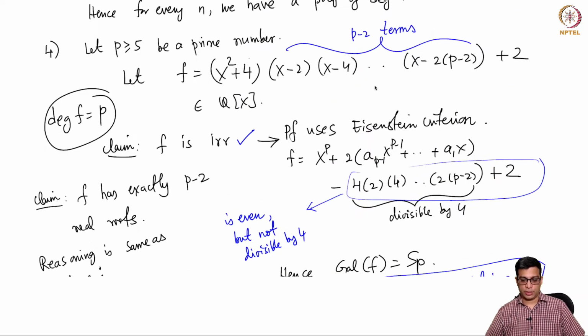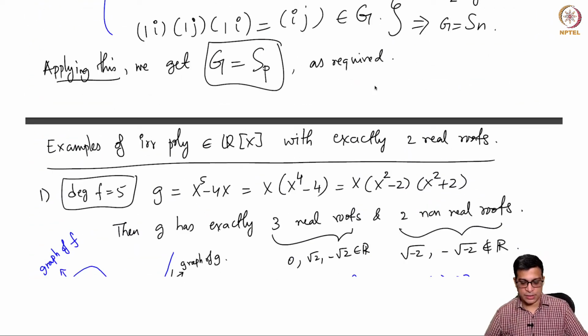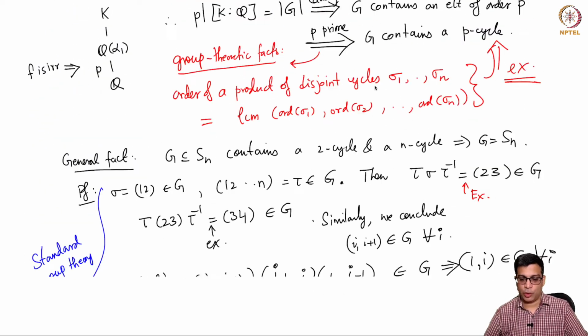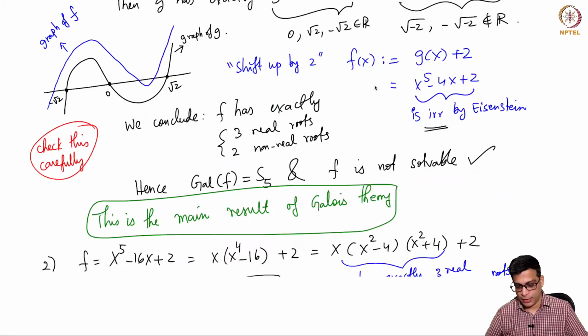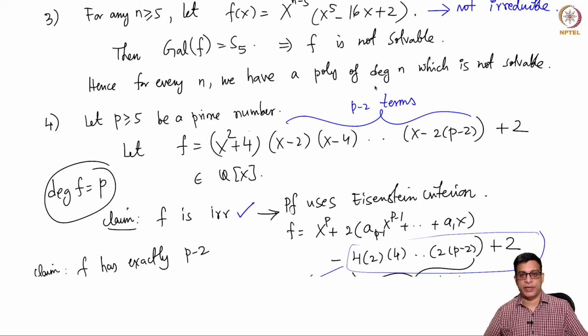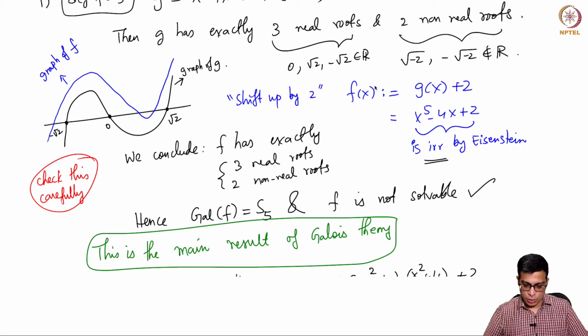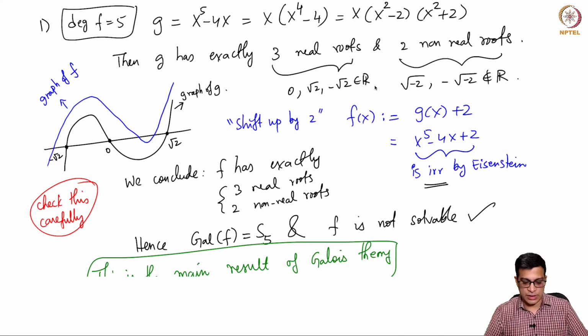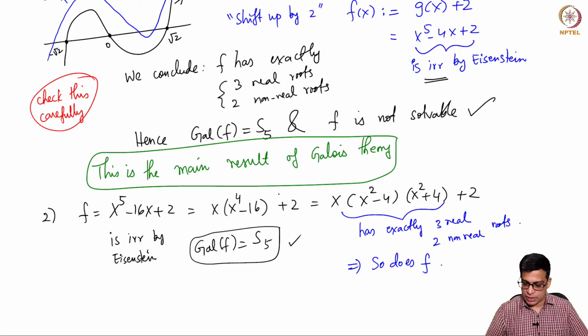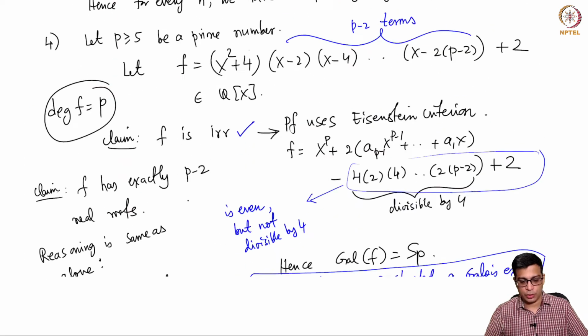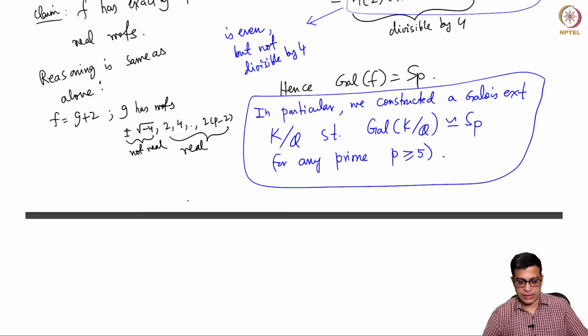Welcome back. We are doing some problems. In the previous session, we exhibited polynomials whose Galois group is S5, or more generally Sp, where p is a prime number, and thereby we showed that these polynomials cannot be solved by radicals. These solutions required a little bit of work which I did not conclusively prove, but these are left to you to explicitly construct and show that the polynomials we constructed will have only 3 real roots and 2 non-real roots. That is an easy exercise that you can do.